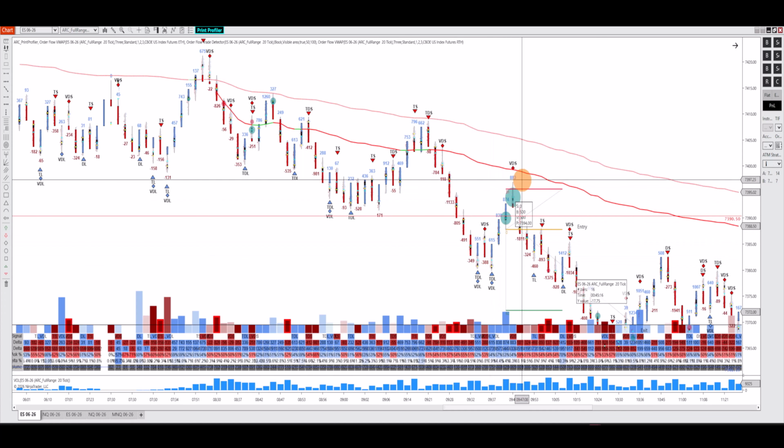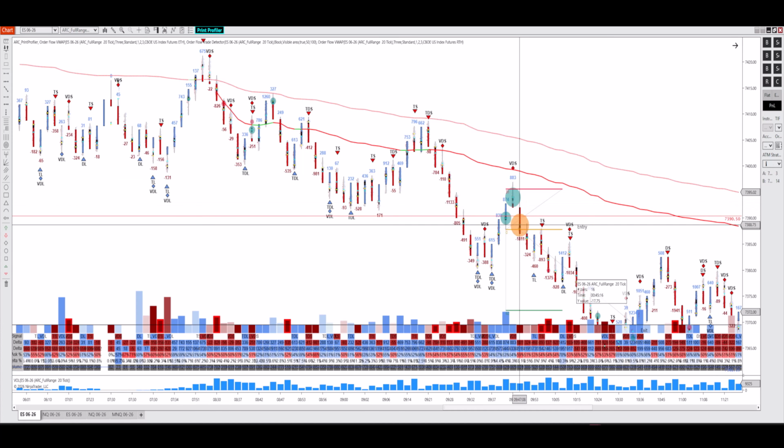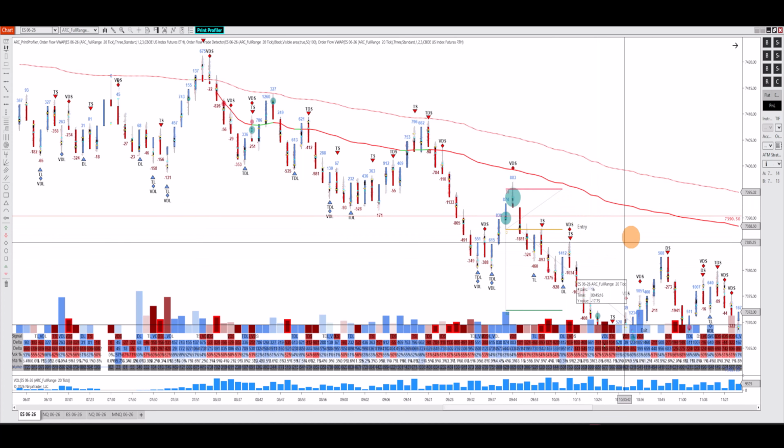So this is looking like a failed rotation back to the upside. We see a nice trap towards the upside. We have almost 800 or 850 aggressive buyers getting in late at these key levels, failing to push the market up, okay? That tells me that there's some institution of some sort selling into that aggression. And then we start to see the delta flip, okay? On this very next candle, we have negative 1811 to the downside. Sellers just came in and flushed, okay? That's where I pulled the trigger on my market order entry right at the low of this candle, and then we flushed all the way back down,